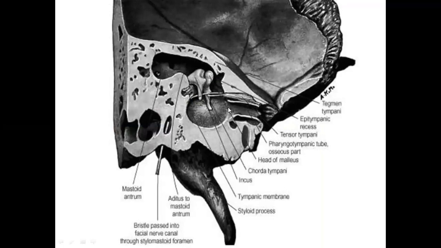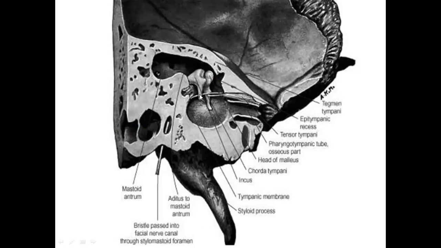This is forming the lateral wall of the tympanic cavity, and up to where the tympanic membrane is present, this is called the tympanic cavity, and over it we have the epitympanic recess. This is the body of the incus, and the body of the malleus is forming a joint with it. This is the tensor tympani muscle, which is inserting over the handle of the malleus.